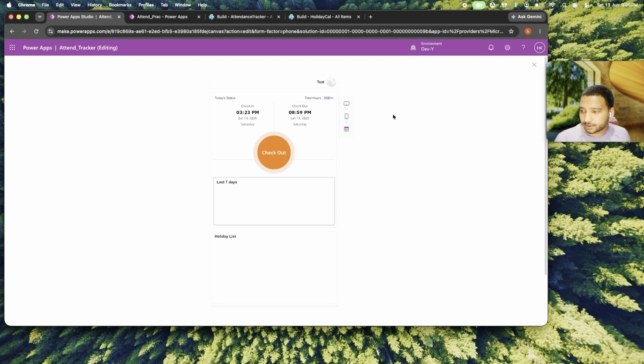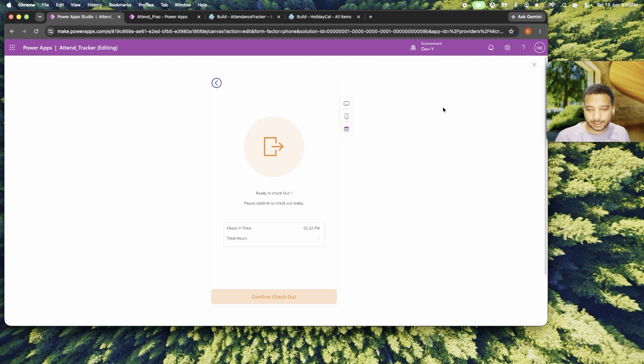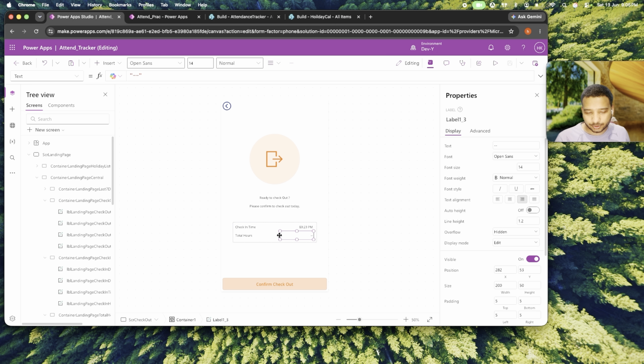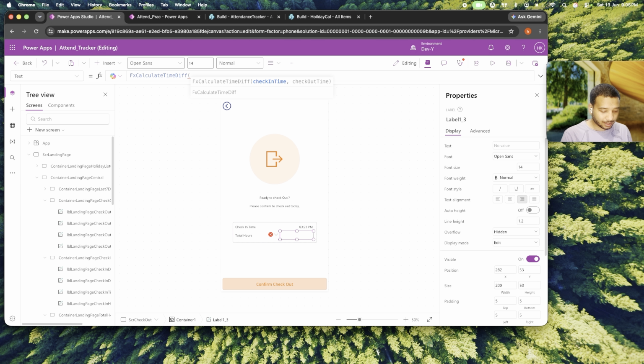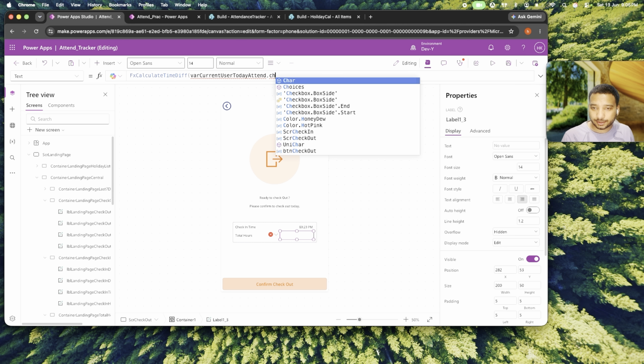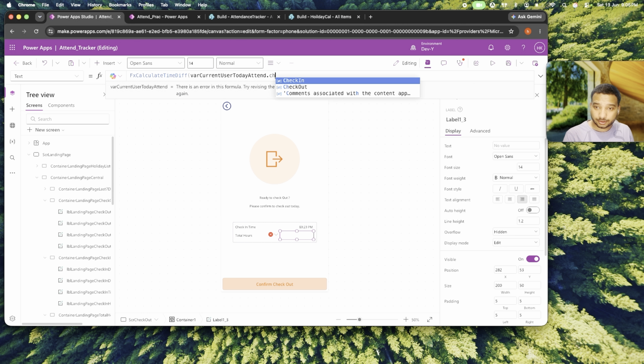Okay, it will show you the checkout time and loss. When you go to the checkout, I want to do the same thing here. So I will call the function fx calculate time where the check-in comma check dot check-in time, and now